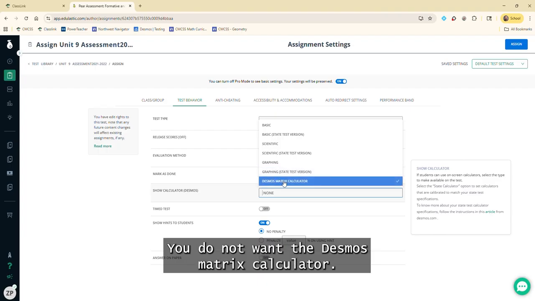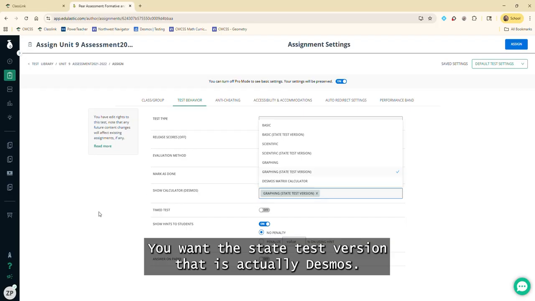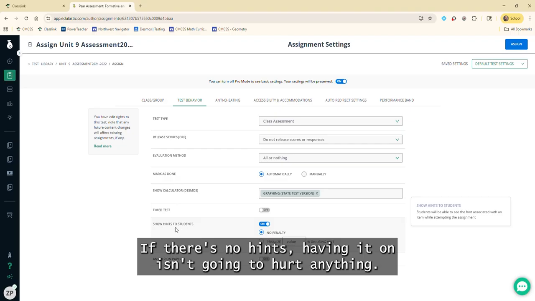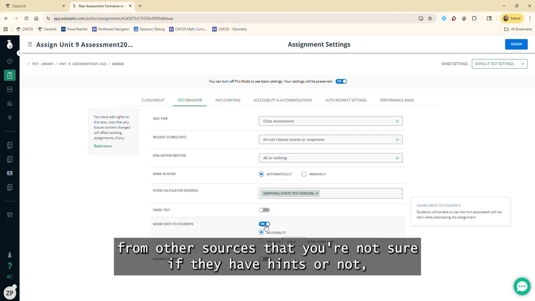Just be careful, you do not want the Desmos matrix calculator. You want the state test version that is actually Desmos. You can set hints and tests and stuff if you want those on or not. If there's no hints, having it on isn't going to hurt anything. You might want to turn that off if you're using questions from other sources that you're not sure if they